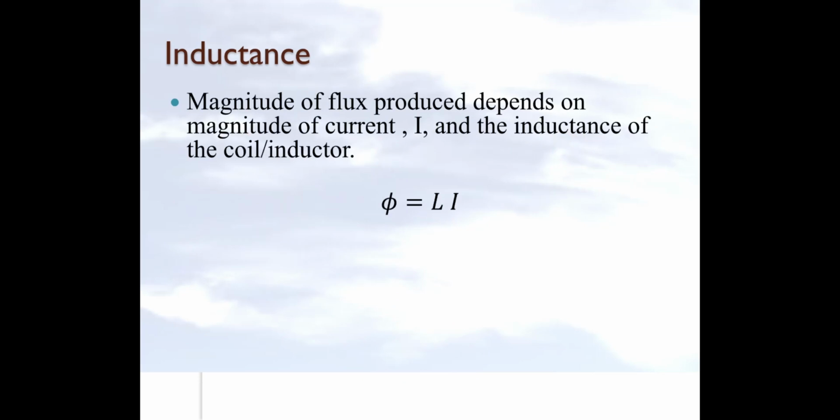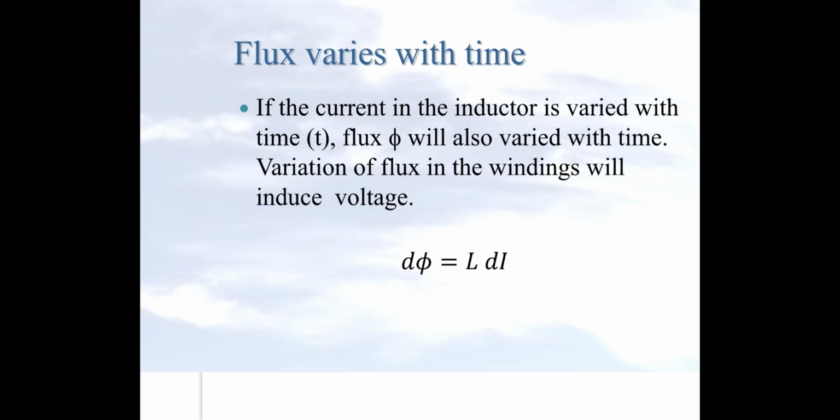Now the current is going through the coil that has an inductance L. There will be a magnetic flux around that coil. This magnetic flux is linearly proportional to the current I through a proportionality constant, which is the inductance L. Now, if I vary the current through the inductor, the flux will also vary accordingly. So d phi, where phi is the flux, is equal to L di. If I take the derivative of this equation with respect to time, I have d phi dt equal to